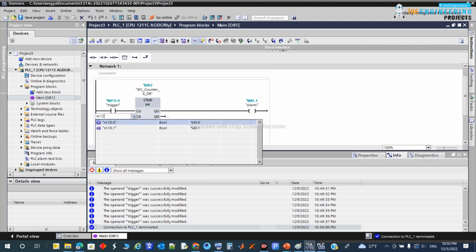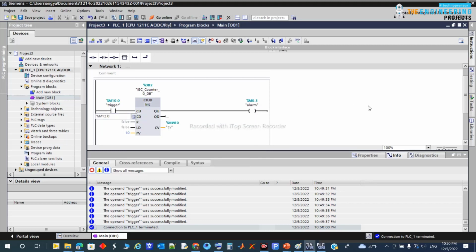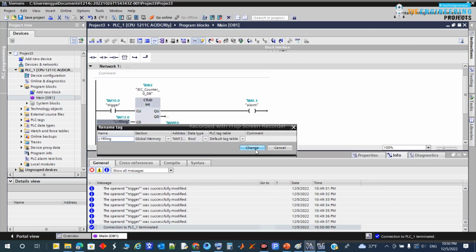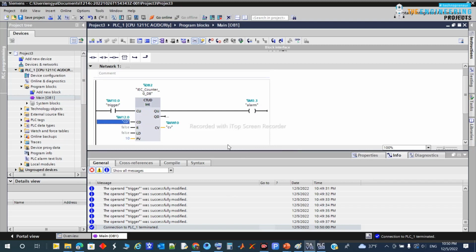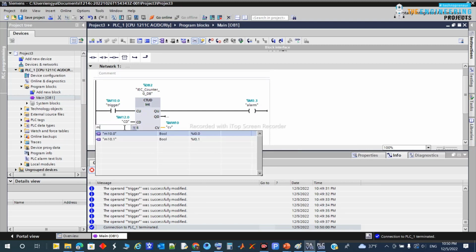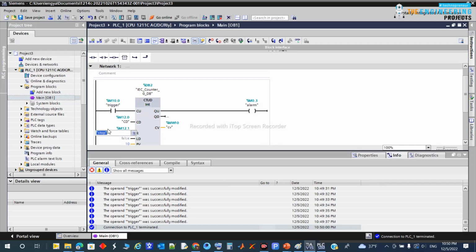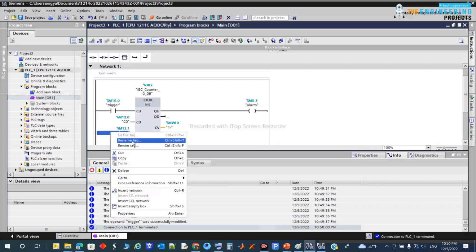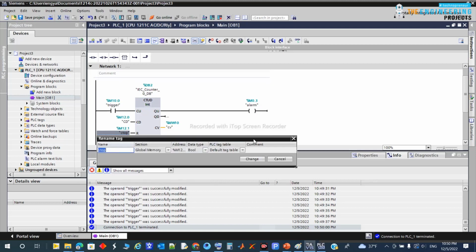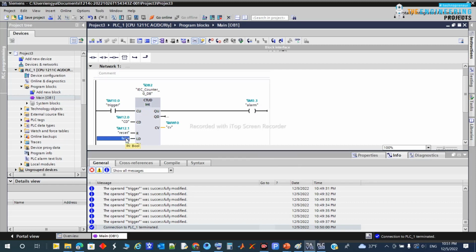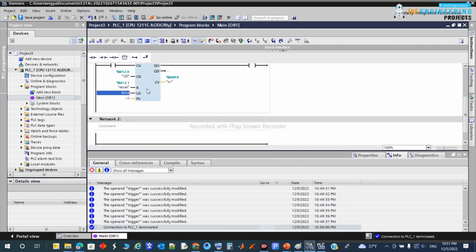Like in 12.0, and I will make this one for reset. I will rename this one to count down, and one for reset. And I will rename it to reset the counter. This is one for loading the counter, because one is for reset to 0, and one is for loading,